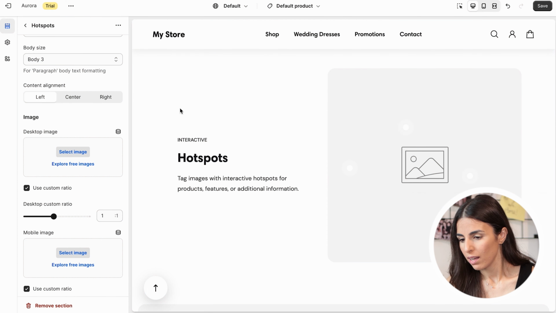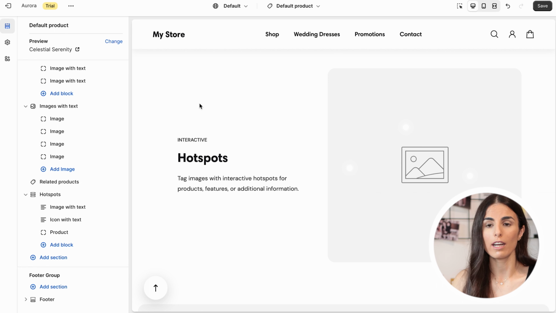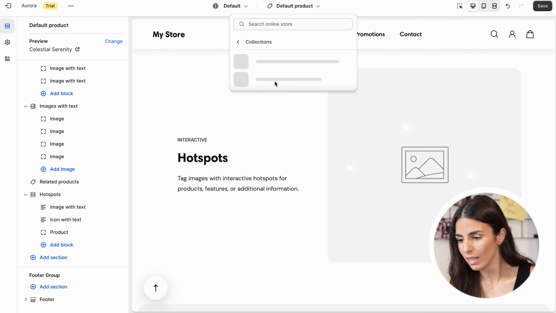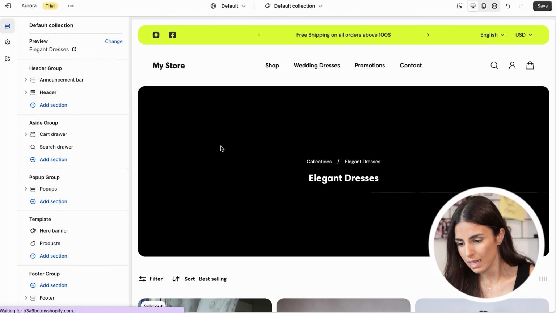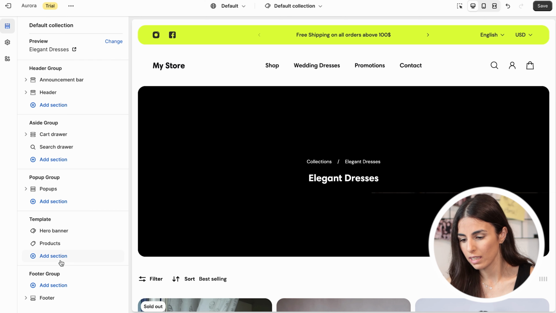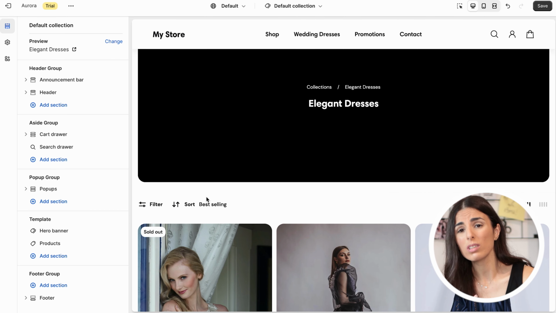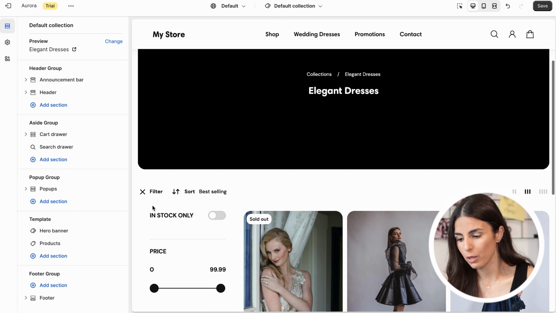Okay? When you finish your product page, your next thing is to create your collection page template. And in here you go to collections and you choose the default collection. And with the same logic, you have so many sections in here and you can modify or change between them. What I care about the most on a collection page, especially when I have a very big catalog, are the filters and how they are showing them,